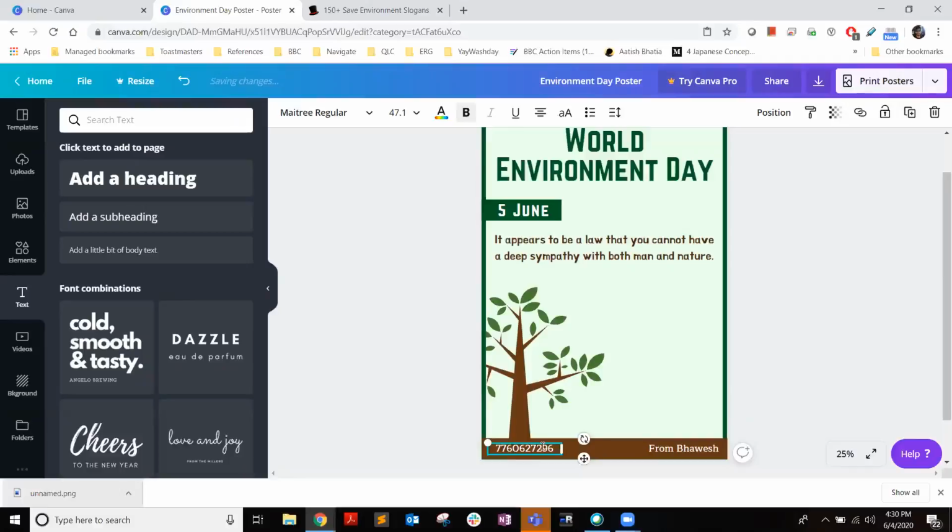Something you all should note is that whenever you're giving your contact number, add a space in between so that it's more readable rather than this. So this is more readable, right? I can read in sets of 5 digits. This is how we do it, or we put it like this: 3 digits, and then 4 digits. I'm going to use the 5 digit format.